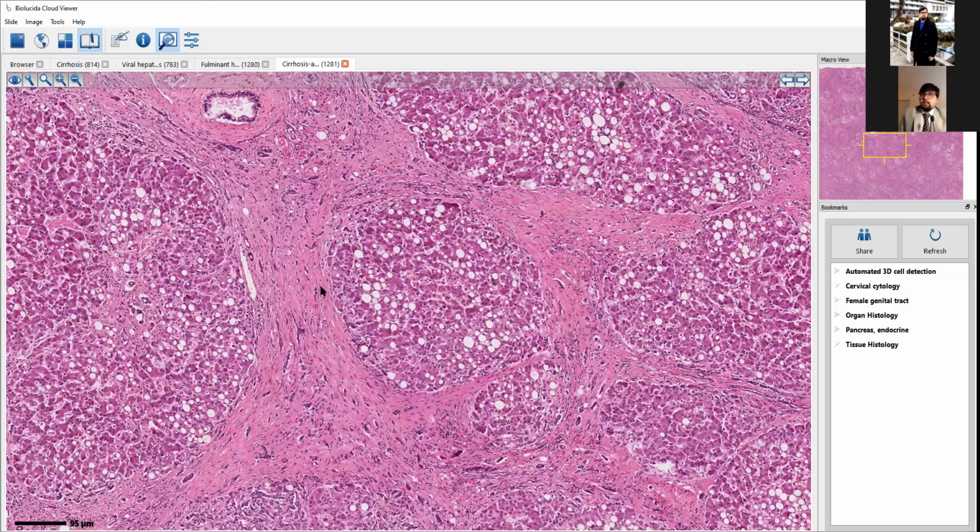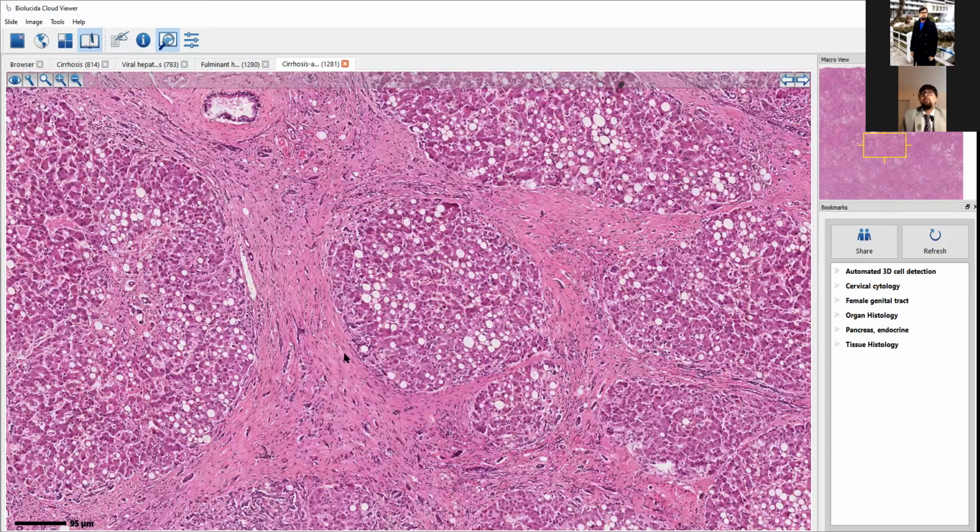Now, here's another thing that I want to show you. These white droplets that you see here, these are fatty changes, right? Now, this specimen is actually something called cirrhosis from alcoholic liver disease. That means alcoholic liver disease has caused this form of cirrhosis. But here's what you can see. Within this nodule, you see there's a lot of fat droplets. So remember, back to the first slide, steatosis is actually just step one. Then you have steatohepatitis. Then you have steatohepatitis with fibrous changes. Then finally you have cirrhosis, right?